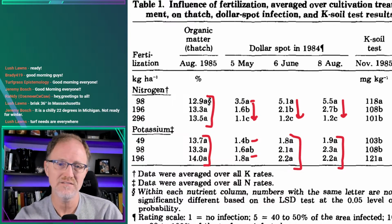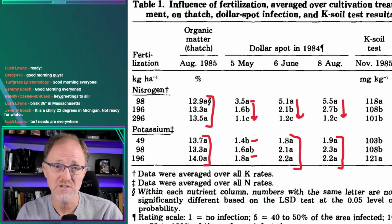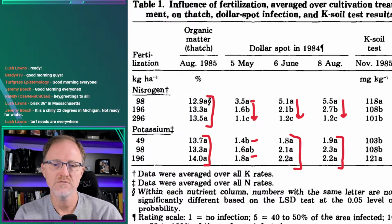I'll accept that can occur. I'm not going to refute that or argue that. Luxury consumption can occur. So what? Who cares? Luxury consumption can occur on almost every element. Show me how